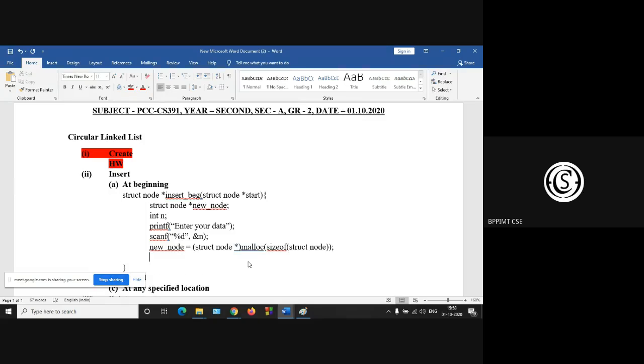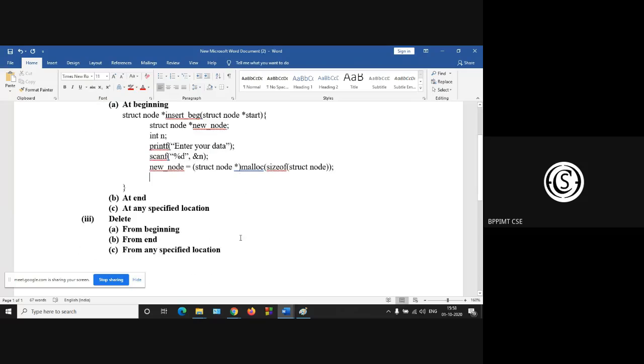Here the value of n is 5 in our example. So insert this value at the data part of the new node. We are inserting the 5 at the data part of the new node, right?